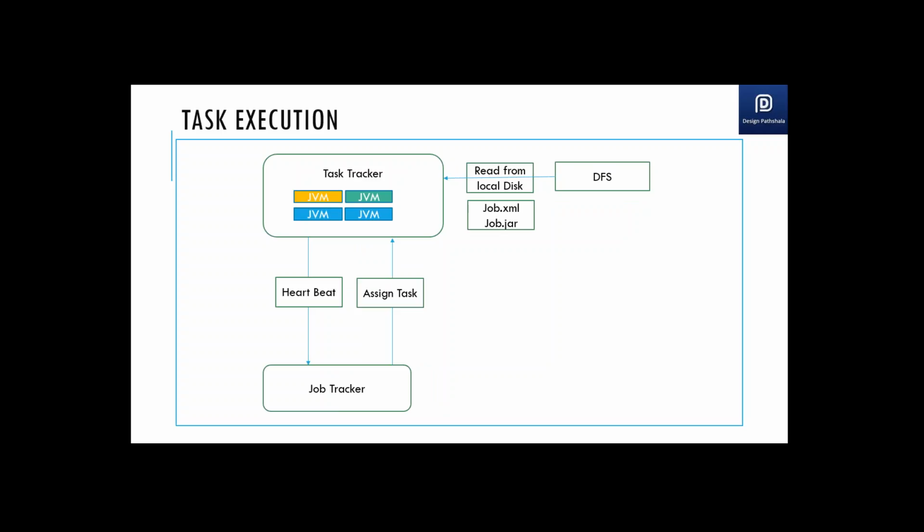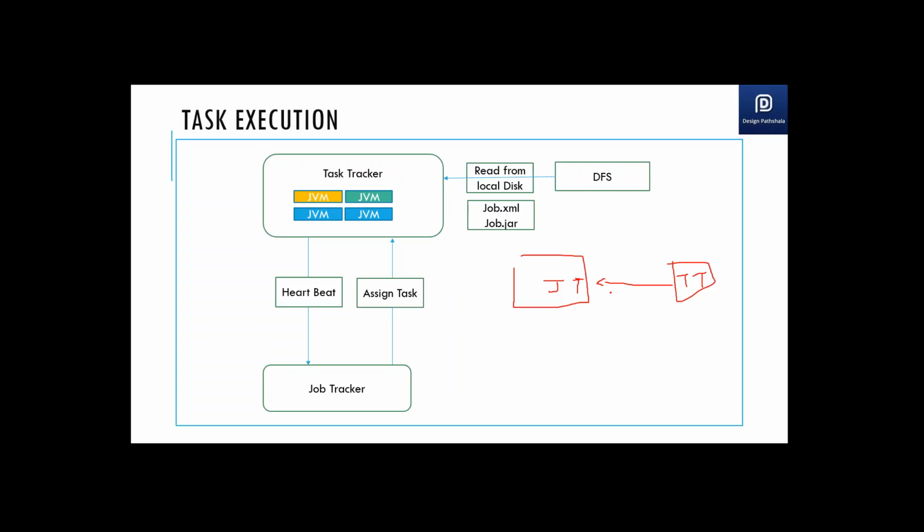I've gone through everything very fast, but I just wanted to give you a picture, and I'll reiterate everything. In total, there's something called the job tracker, JT, and there are different task trackers, TTs, running on your data nodes. These task trackers keep sending heartbeat signals to the job tracker. This way, the job tracker not only knows the state of the data node and how much bandwidth is available to take further requests to process, it also knows the state of the previous tasks assigned to that data node, for example if something has failed there.